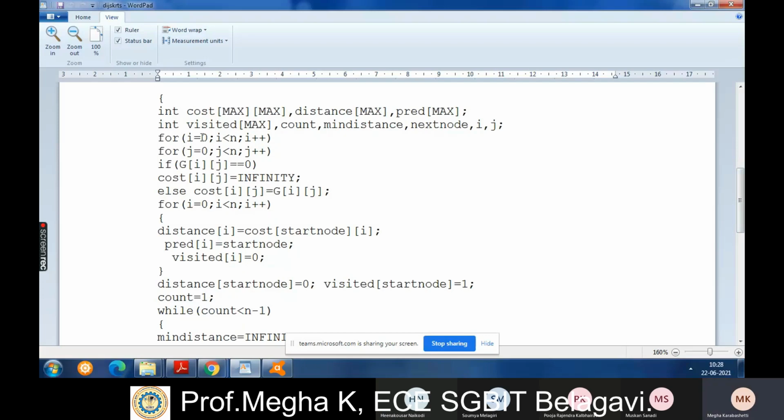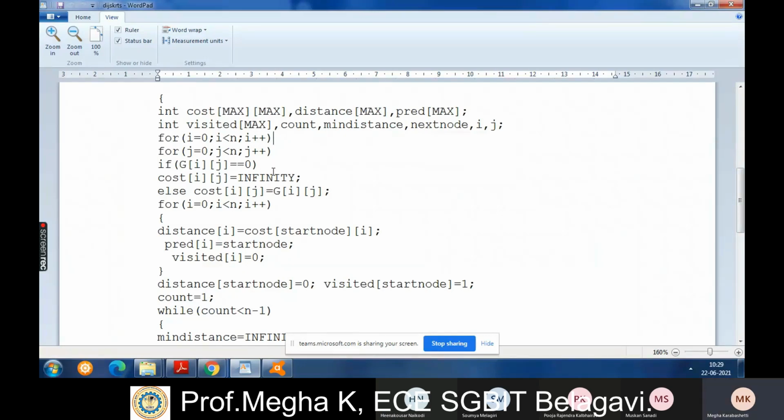For i is equal to 0, i is less than n, i plus plus. For j is equal to 0, j is less than n, j plus plus. If g[i][j] is equal to 0, that means there is no link, what does the cost become? Cost becomes infinity. Yes, I have already defined the infinity, so I can directly use it. No worry now.